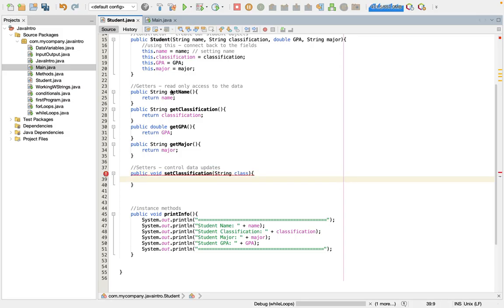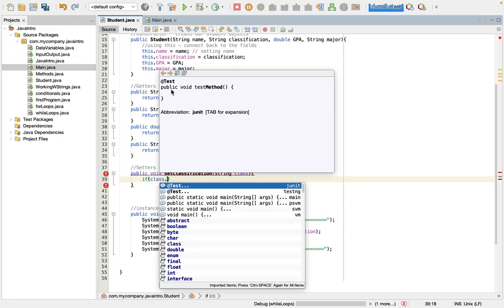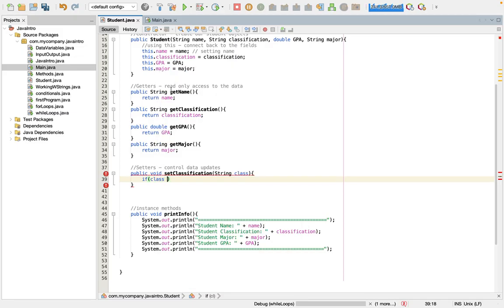Now in here, what we're going to do is use our inputted information to make sure that it is what we expect it to be. So if class is not equal to freshman,